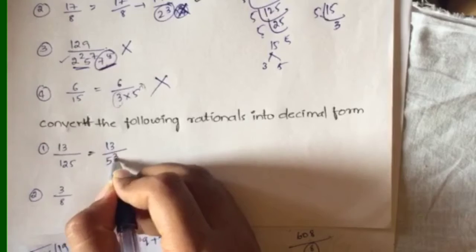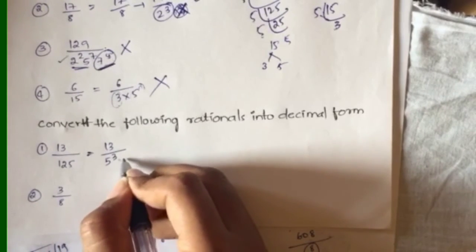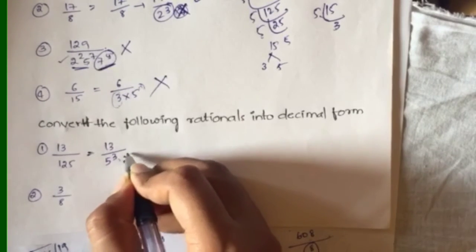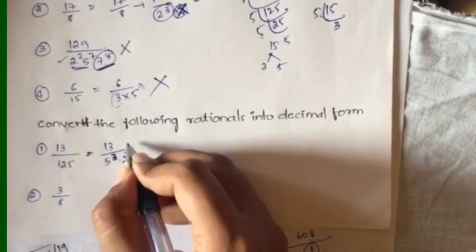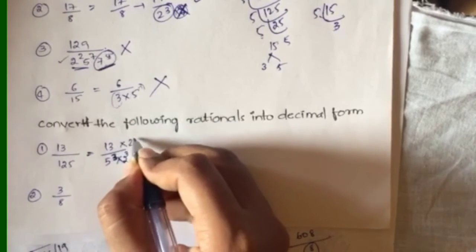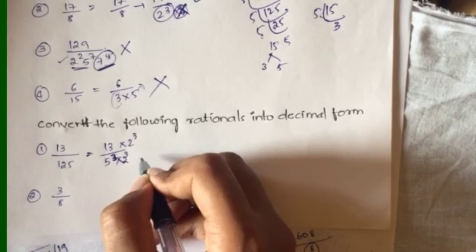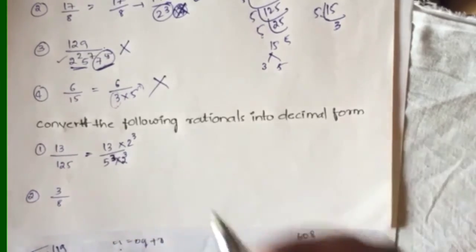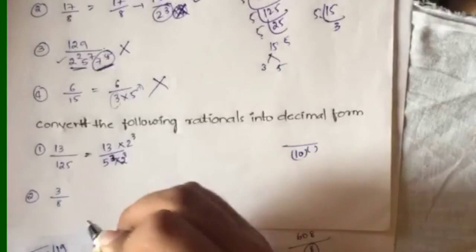125 can be written as 5 power 3, right? And in order to make it as 10 power something, what you have to multiply? You have to multiply into 2 power same power. Okay, 3. And when you are multiplying in the denominator, you should do the same in the numerator also, because if you don't do that, the value of the fraction will get changed. Okay, did you understand why here we multiplied with 2 power 3? You have to make the denominator as 10 power something so that you can easily express it in the form of a